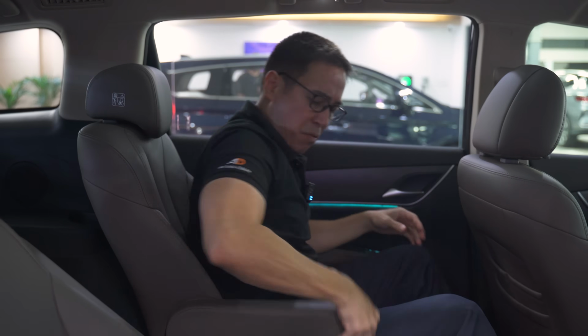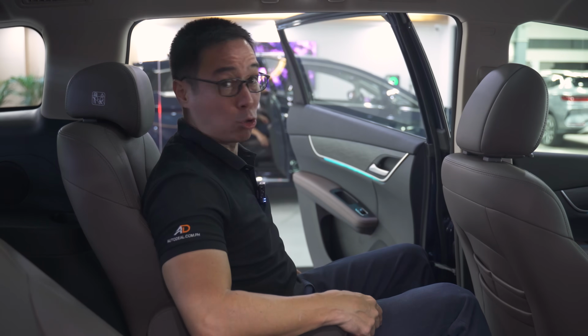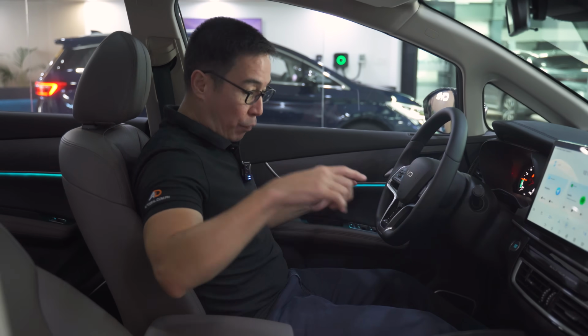It's quite comfortable. I like it. And the door is big too, man. Let's get to the front. Look at the size of this door. Man, that's huge. So, up front, first you want to know...